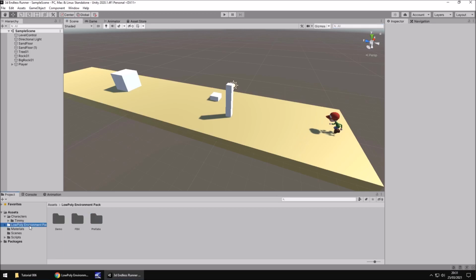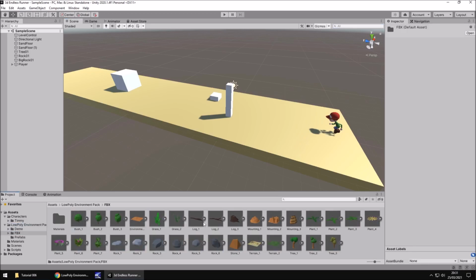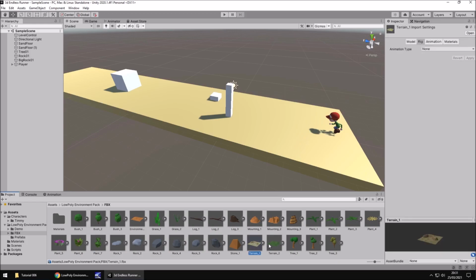We have this right here, and if we go into FBX, we can see all of these bits right here. And all of these we can use to our advantage in our game. So we can create a desert environment, we can create a grassy environment, a foresty environment. Because we're going for a desert kind of look right now, I'm going to use this terrain here as a